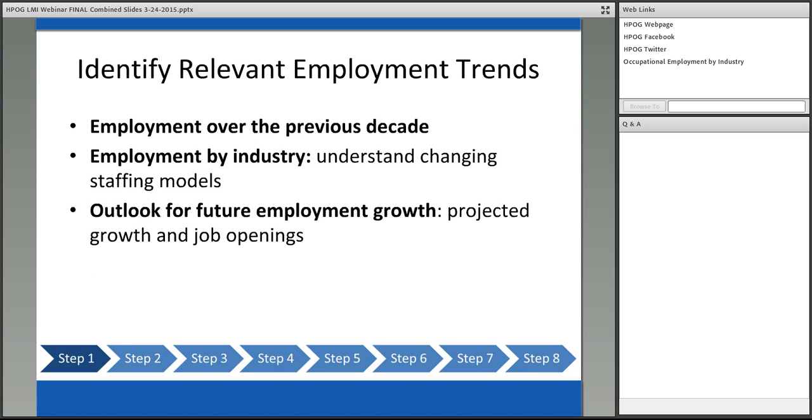So some important trends to look at when it comes to this traditional information is what the employment levels have looked like over the prior decade. What does the breakdown for various occupations look like by industry? For example, how many registered nurses are working in the hospital setting as opposed to physicians' offices? And what does the outlook for these occupations look like? Both the federal government and states create their own 10-year projections for various occupations, in most cases all occupations that they have information on, looking at the number of projected increases in employment, but also the number of job openings that are expected on an annual basis.